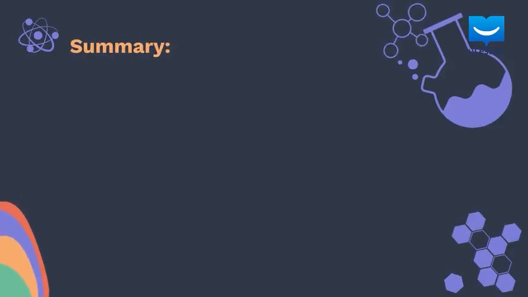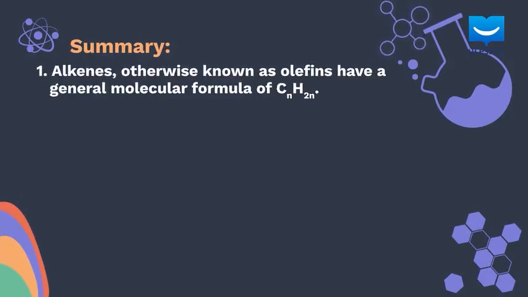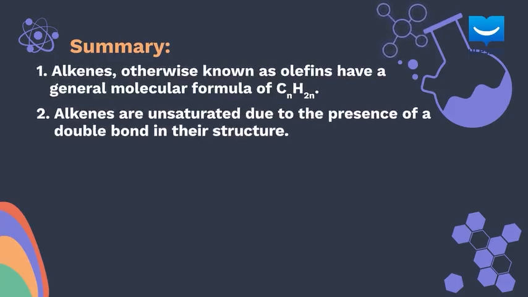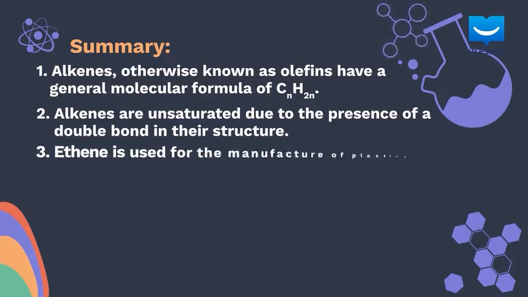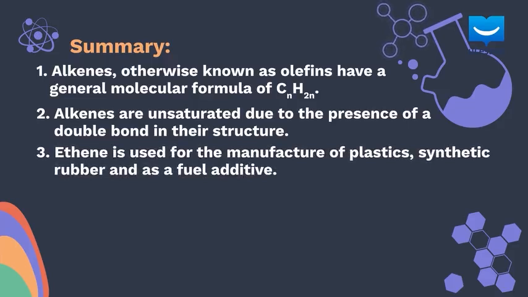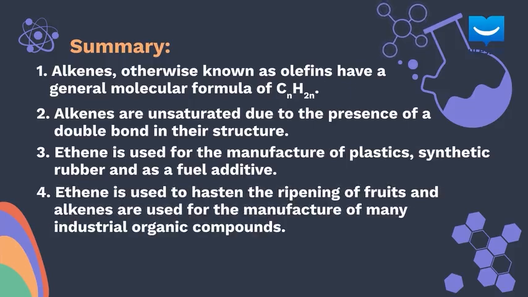Here is a summary of the key points learned in this lesson. Alkenes, otherwise known as olefins, have a general molecular formula of CnH2n. Alkenes are unsaturated due to the presence of a double bond in their structure. Ethene is used for the manufacture of plastics, synthetic rubber, and as a fuel additive. Ethene is used to hasten the ripening of fruits, and alkenes are used for the manufacture of many industrial